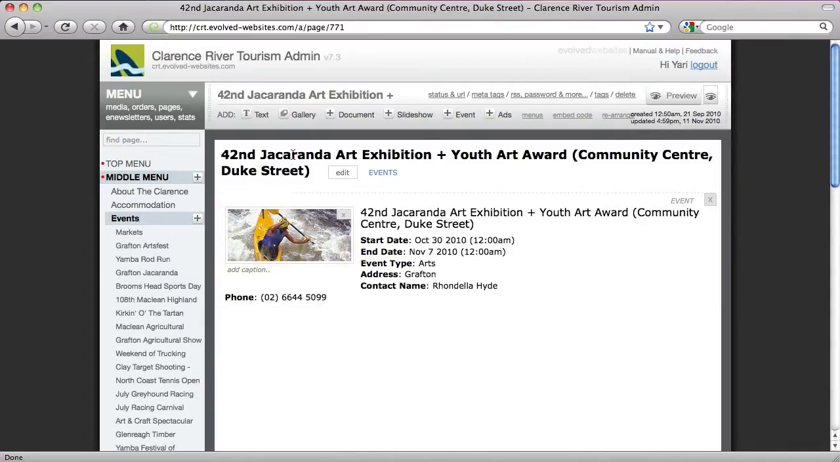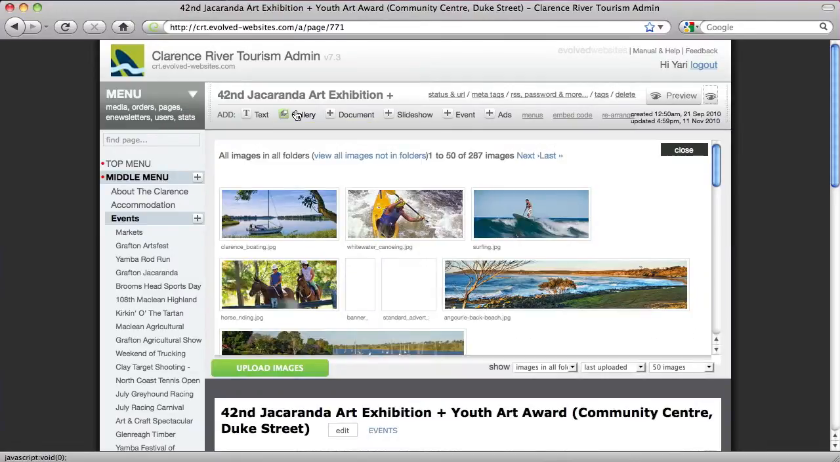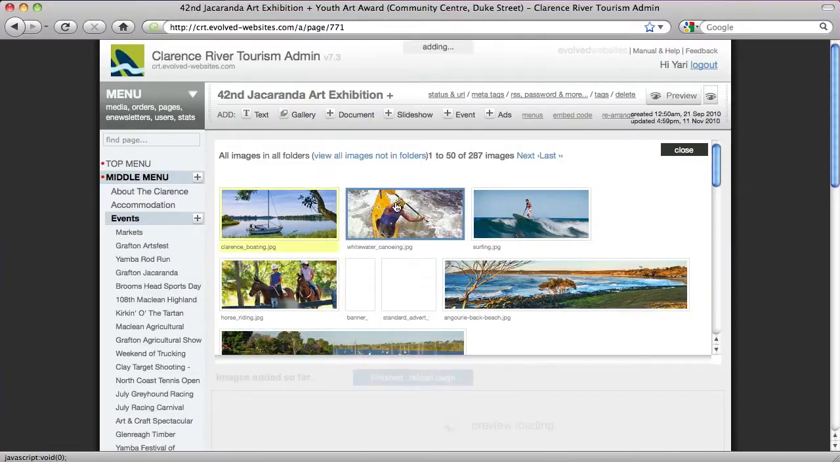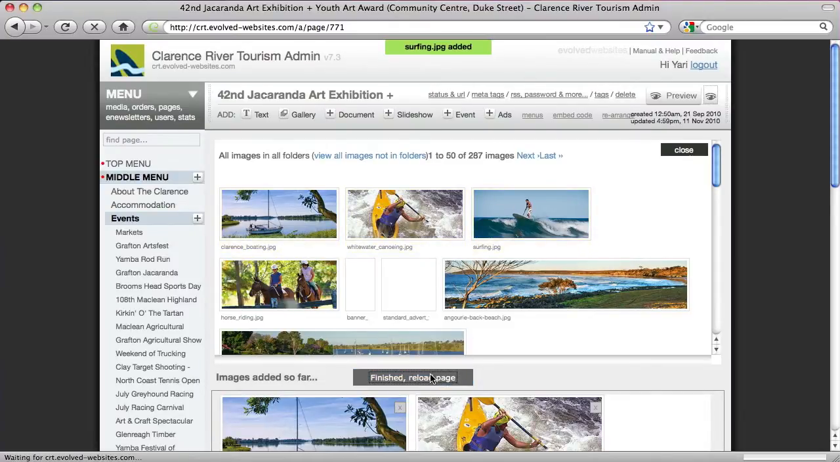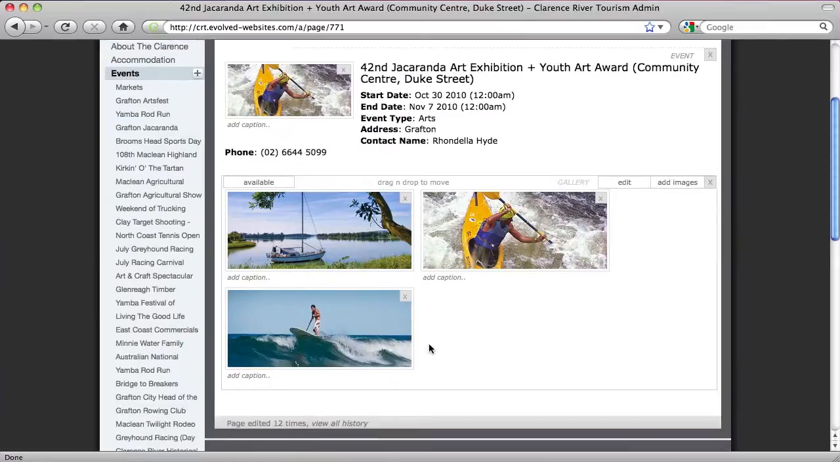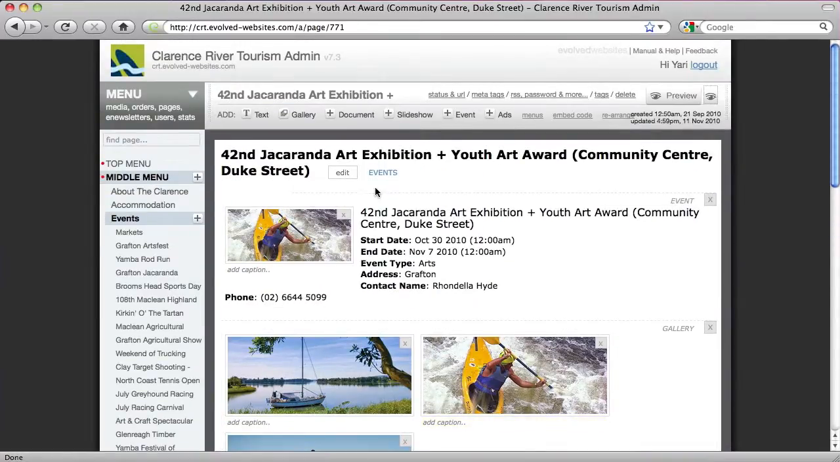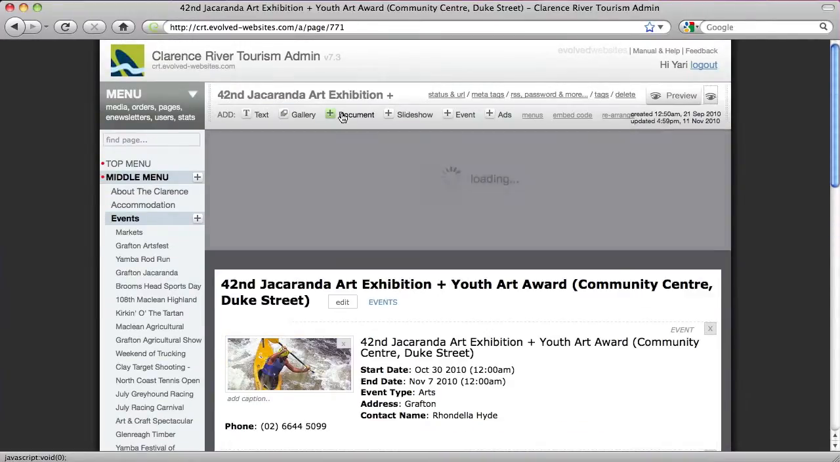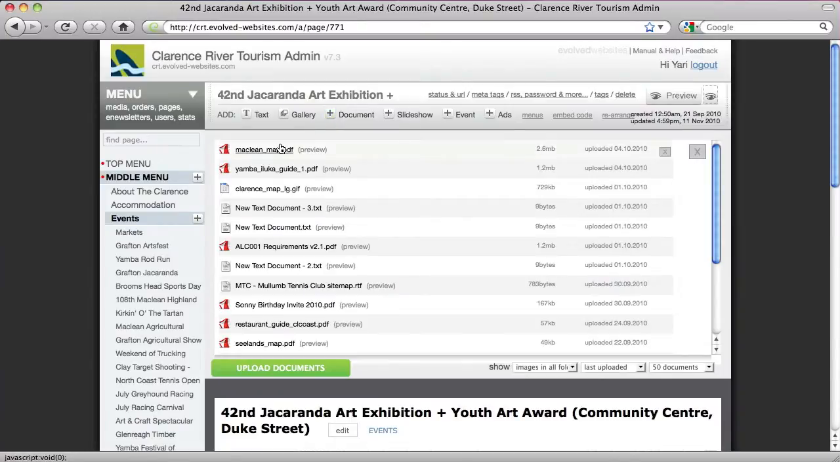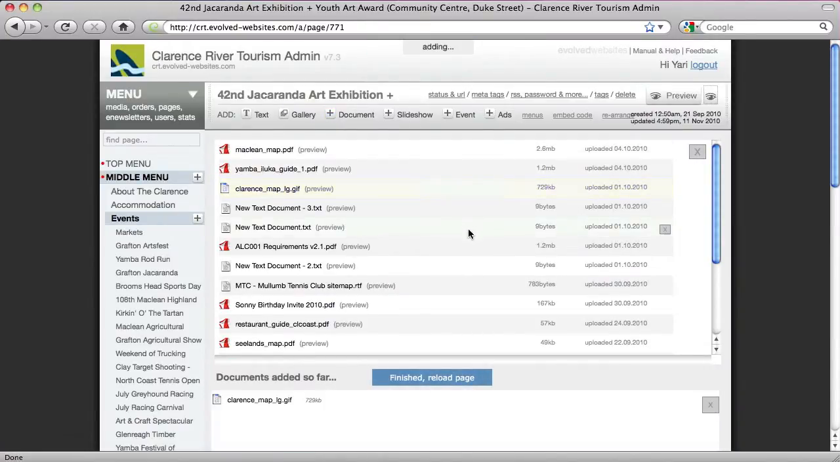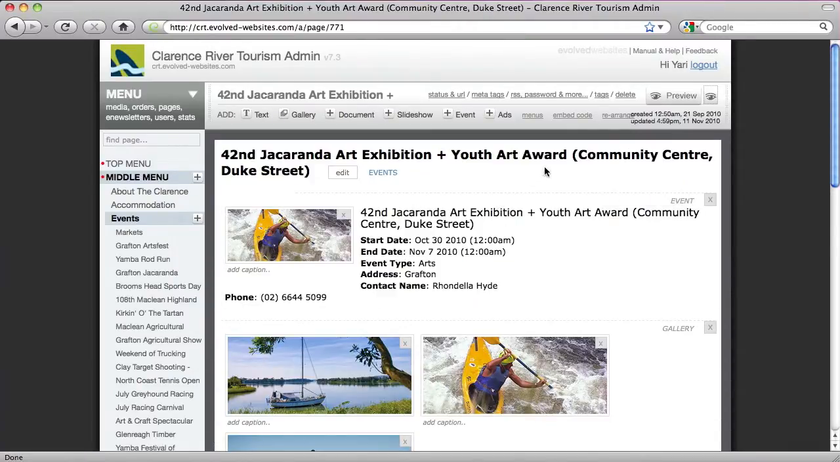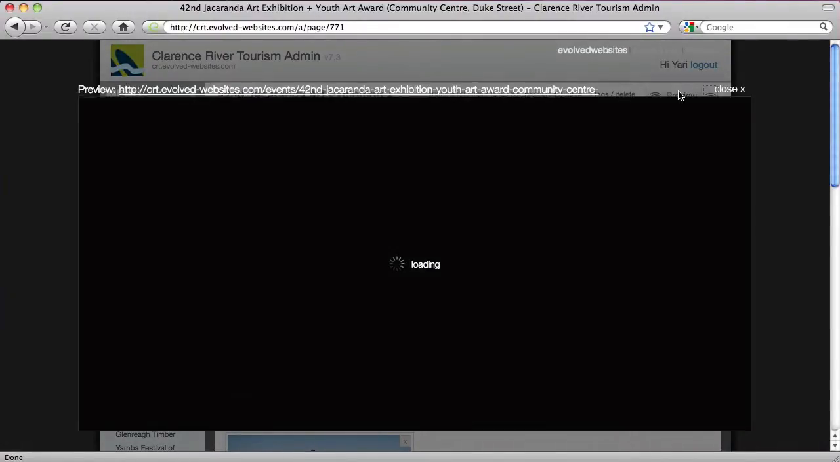We can also do a whole lot of other things. We can add a gallery to the page. We'll just add 3 images at random. Just hit reload. There they are. And we'll add a document to the page as well. Great. And I'll just choose one at random. Okay, reload the page. So if we now have a look at that in the preview,